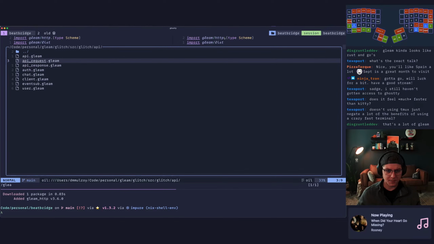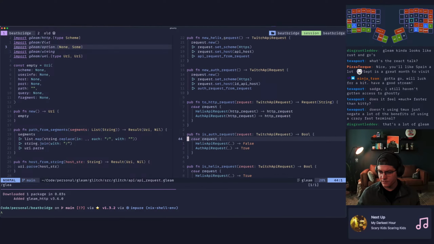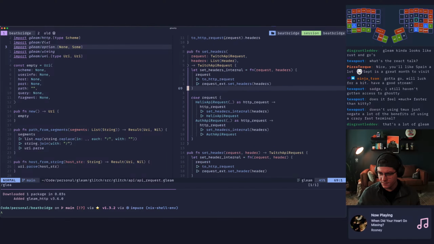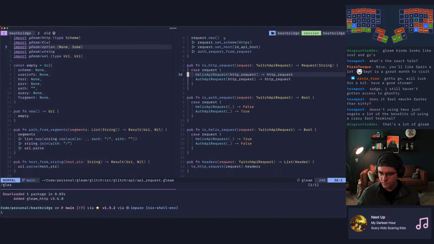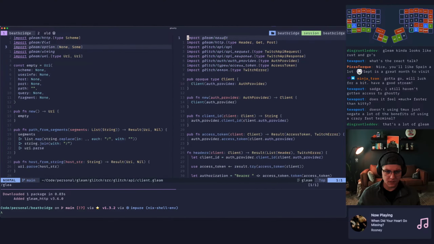So I think I want to copy probably these files, or at least these patterns. I really like the patterns that we nailed down for doing requests and responses. Because we look at the client,